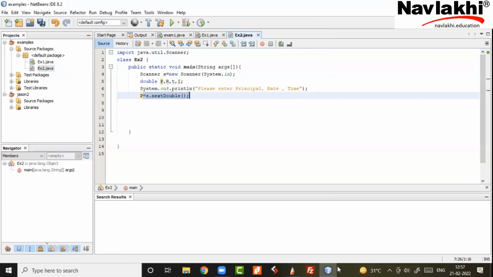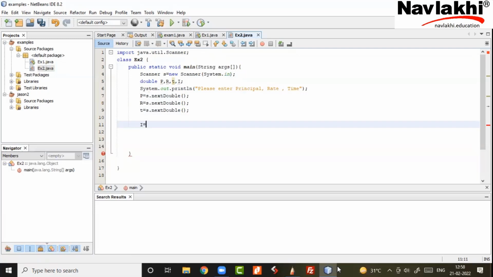And the same way I'll do for PRT, the order I've asked for. I'll stick to that order. Then obviously you have to calculate my next double. What is the name of the function? The name of the function is nextDouble. It's one word, with a tone break, and the D is capital. Okay? That's the thing.